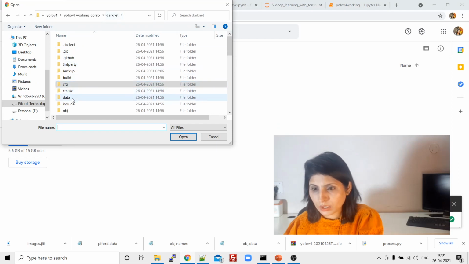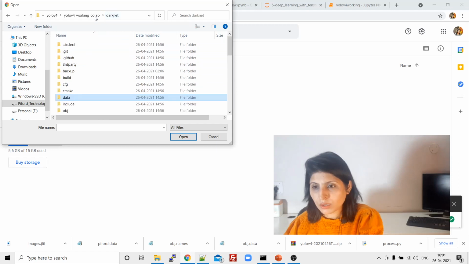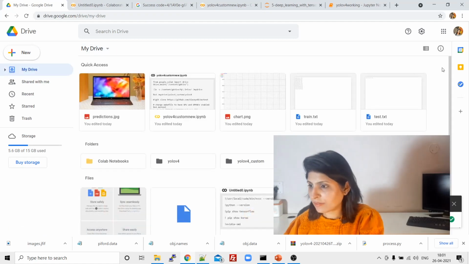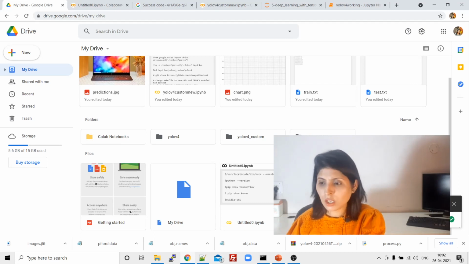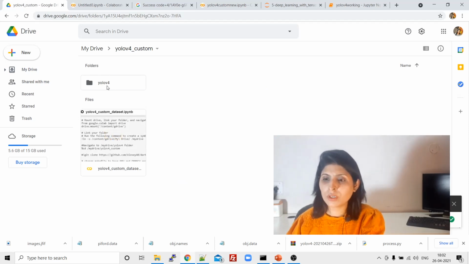Darknet folder, and this is my data folder. From there, okay, this is not the example which I'm looking for. Give me a second, guys. So, okay, just come to my drive. Actually I have already executed this code, so if I upload all those things again, that will take time. So I already have those things. So let me open this YOLO v4 underscore custom folder, right? Over here I have already executed that code under this folder.